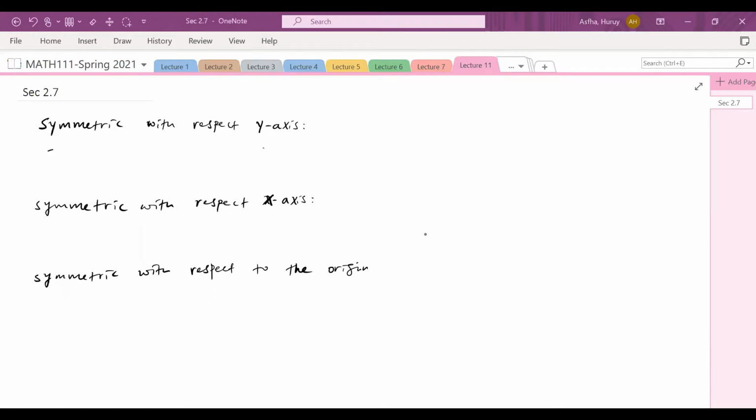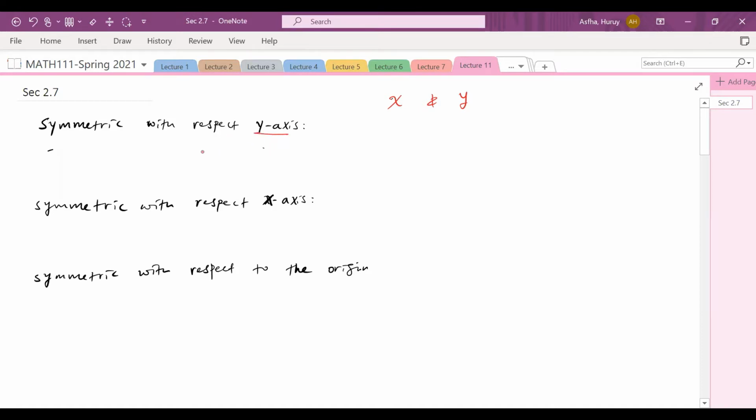Now we say the graph of a function is symmetric with respect to the y-axis if, well, first let's consider an equation of two variables x and y. Suppose we have an equation of the variables x and y. Now, we know how to plot the graph, right? And we say the graph of this equation of x and y is symmetric with respect to the y-axis if